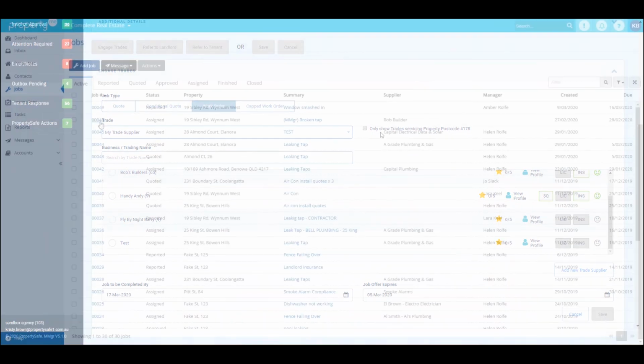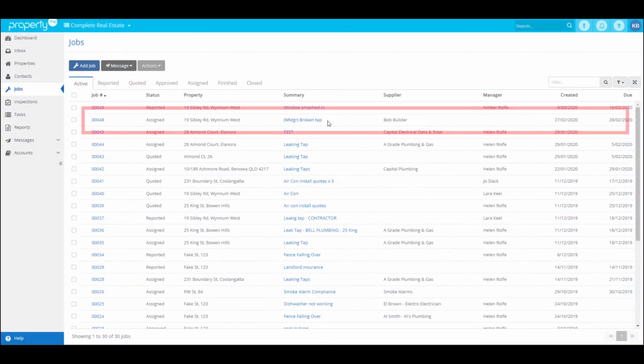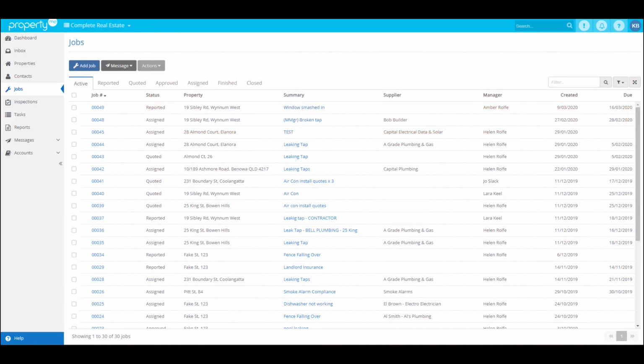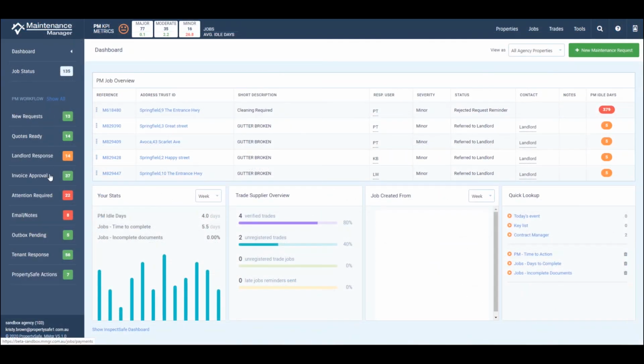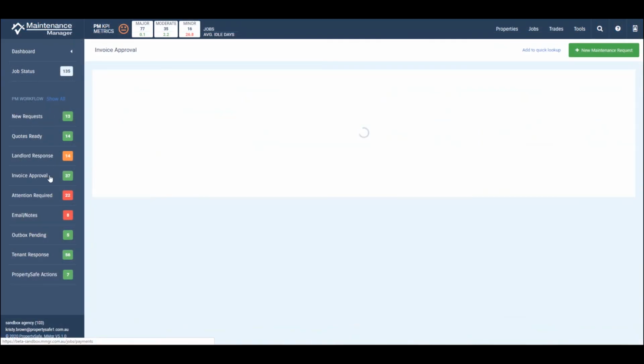As a job is workflowed, you will seamlessly receive multiple status updates, such as quote received, approved for allocation, etc., which will be sent automatically from Maintenance Manager directly into PropertyMe, allowing PropertyMe users to keep track of a job's status at all times. Once the trade supplier has completed the job and provided an invoice, it will appear in